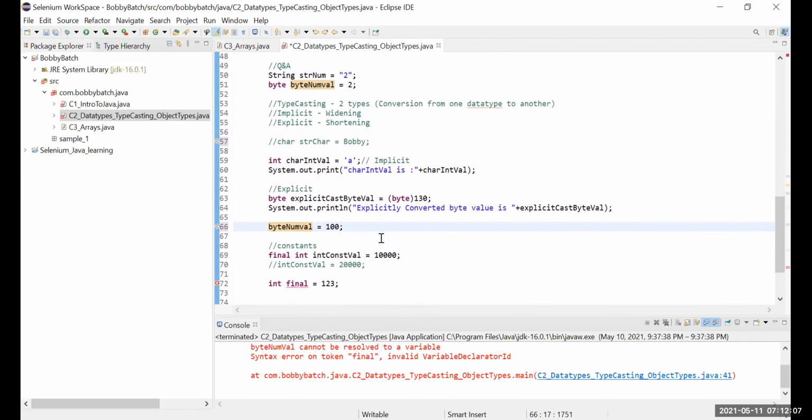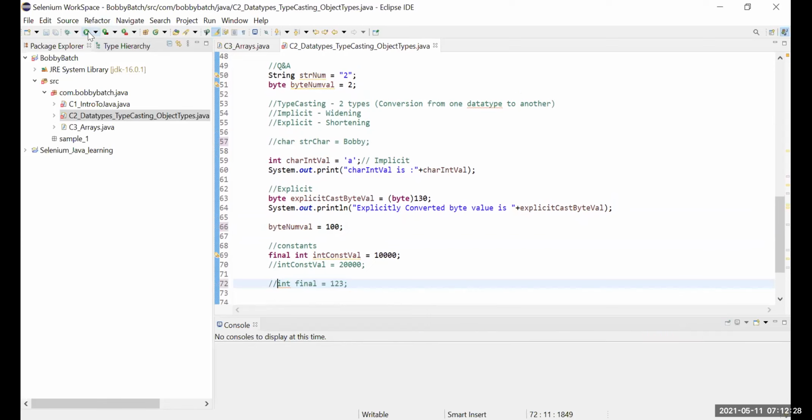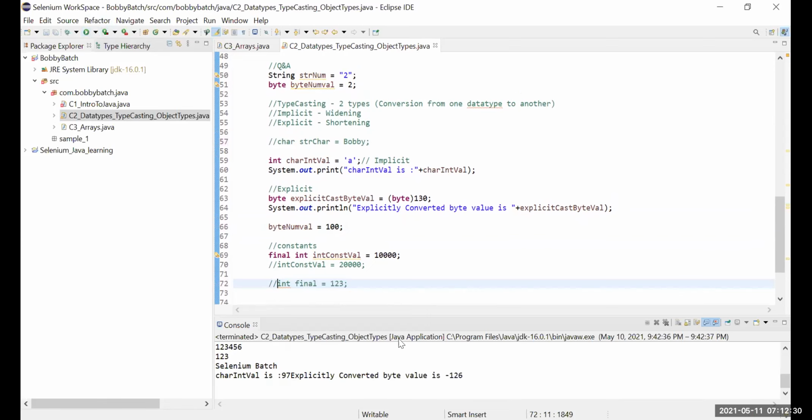We discussed that we cannot use keywords as variable names. So either you have to add a variable name here or you have to comment out this line, because it is not going to work. So this is a comment, right? Yes. Now you can run. Oh, okay. Now it worked finally.